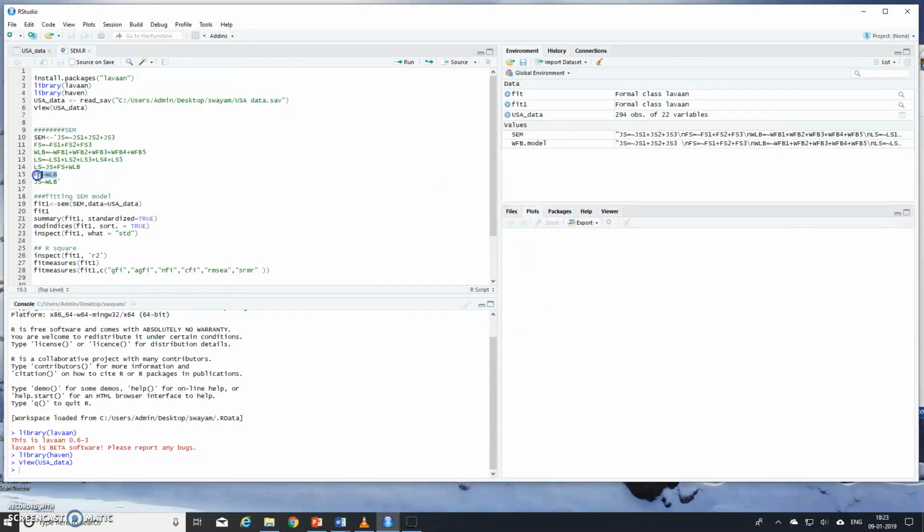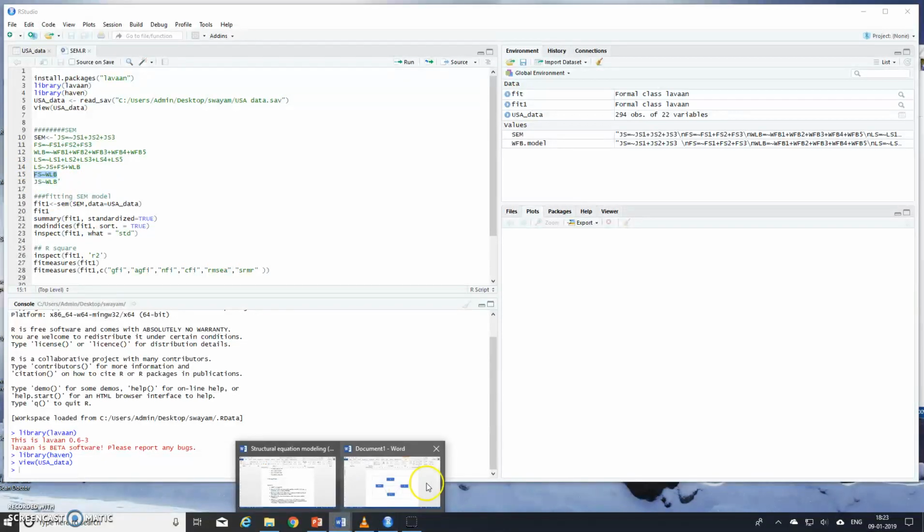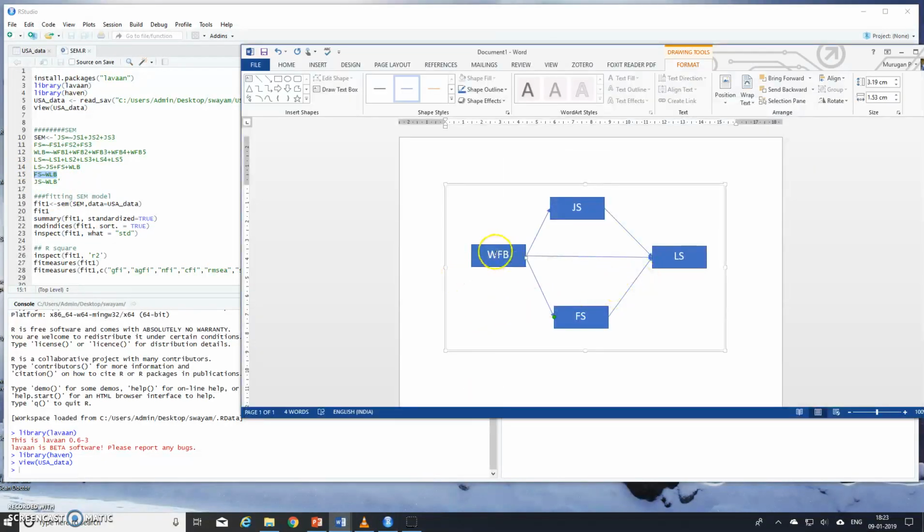Similarly, if you see the second line, WLB, that is work family balance, is linked with family satisfaction. Again, if you see the diagram, work family balance is linked with life satisfaction and family satisfaction, and then work family balance is linked with job satisfaction. So this particular diagram is represented in the form of equations.